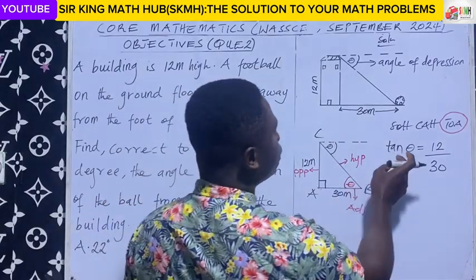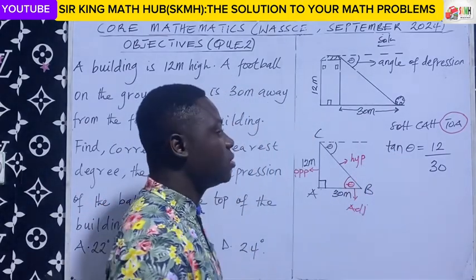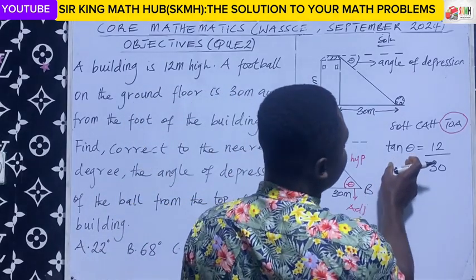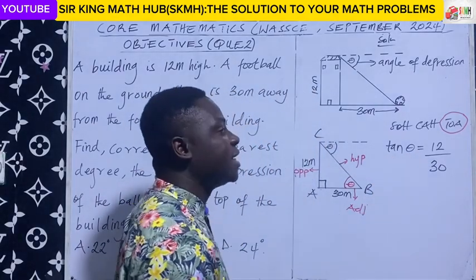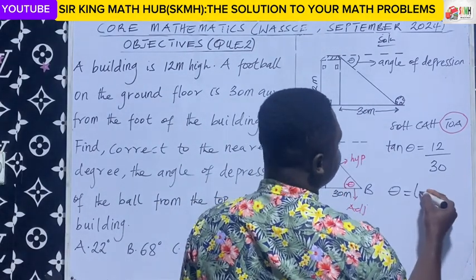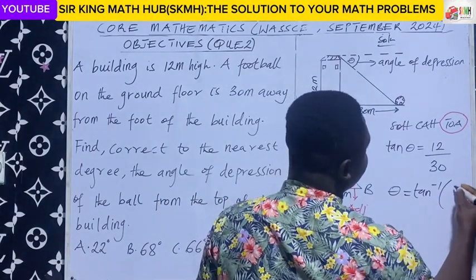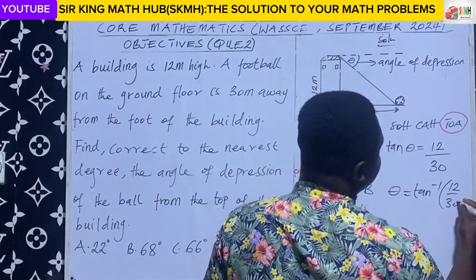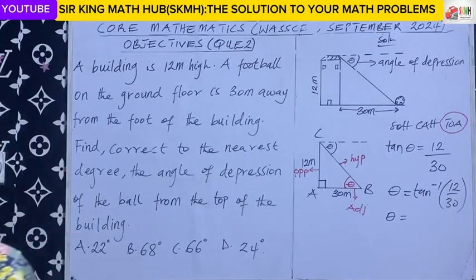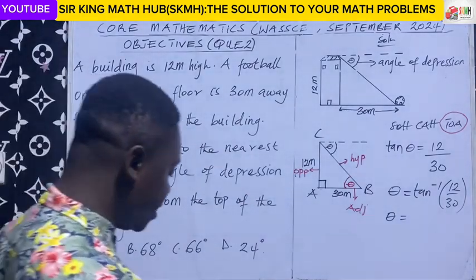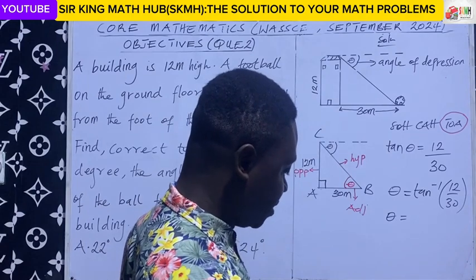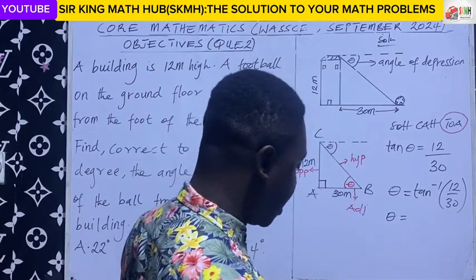So we need to do away with the tan by taking the tan inverse on both sides. So when you take the tan inverse of tan theta, the tan and its inverse will cancel out, leaving theta. So we are left with the tan inverse of 12 on 30. So what is theta? So the tan inverse of 12 on 30 gives